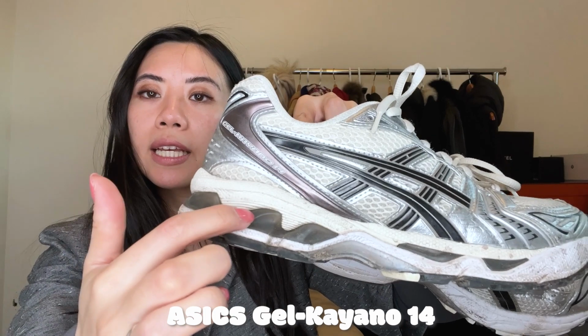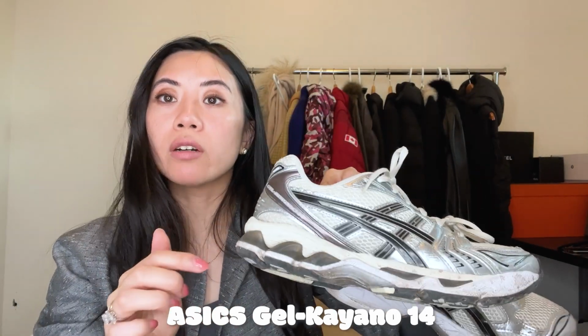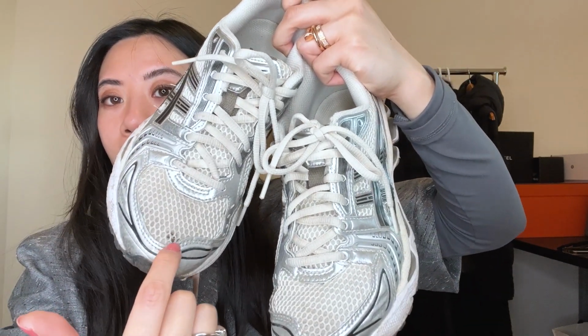And honestly, it's so comfortable with this gel technology. I do have to admit though, because you know how I just mentioned the Salomon, I need to get a slightly smaller size, and it's because I learned my lesson. If you can tell, there's a tiny little hole inside that breathable mesh for this one because I also sized